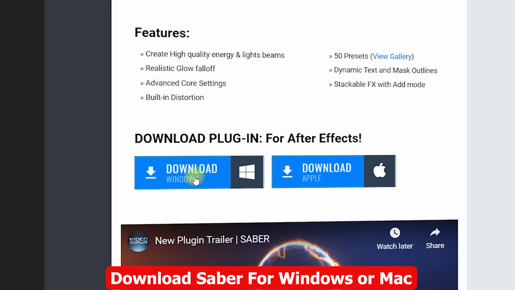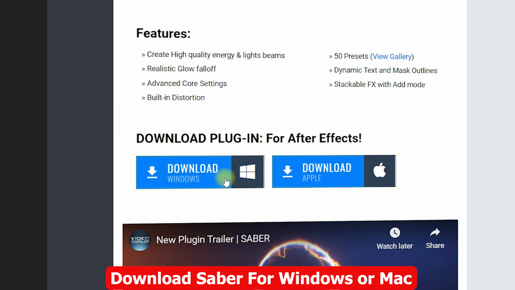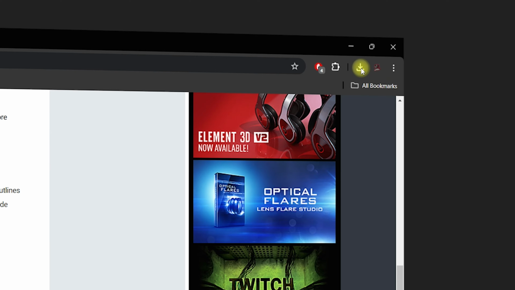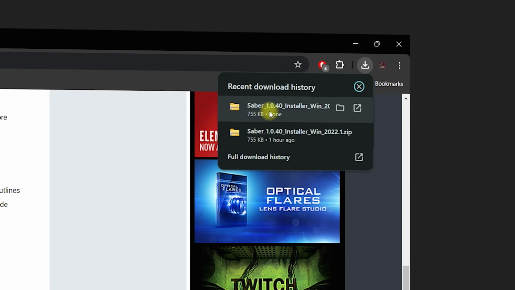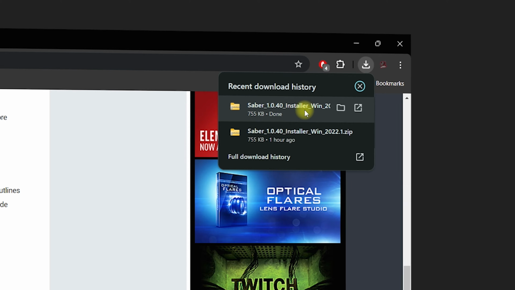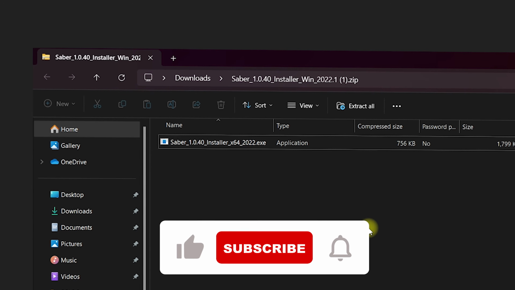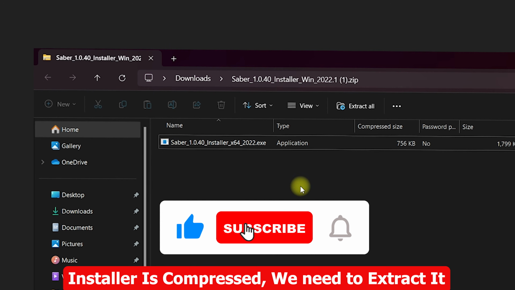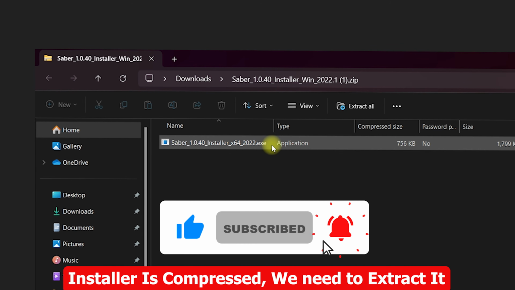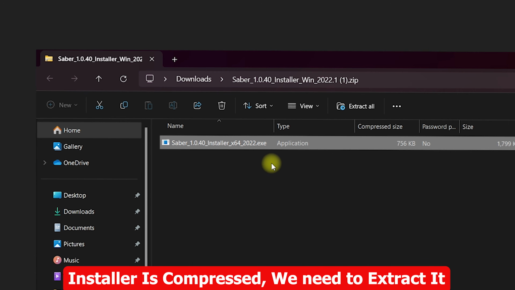For now, in this tutorial, we are going to download for Windows, so I'm going to click on this download button. Once you do so, the Saber 1.0.40 version will be downloaded. You need to click on this, and once you're right inside, as you can see, this is the compressed file. You cannot directly run the exe file from the compressed file, so in order to do that, we need to